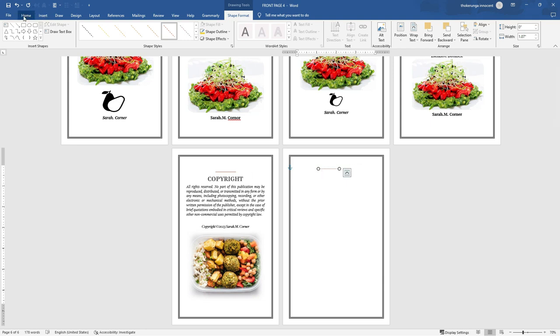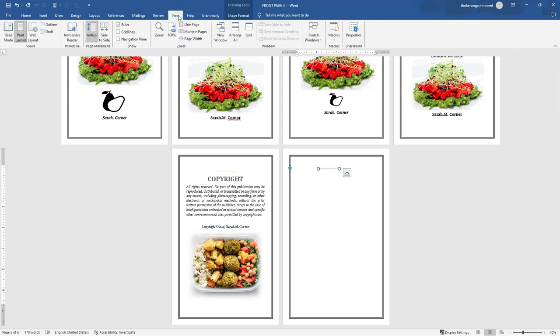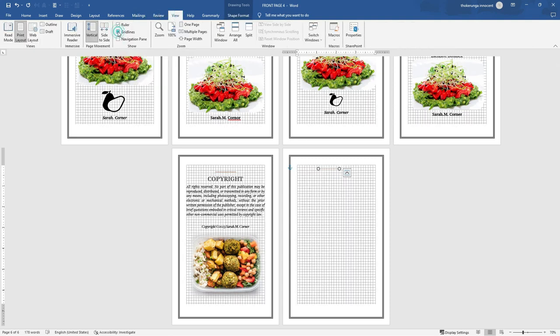So I come here and click on view and put this green line, to see if it is balanced. I click on this view, and you can see that it is unbalanced. Yes. So now to move it to the center, all I have to do is go back to shape format,